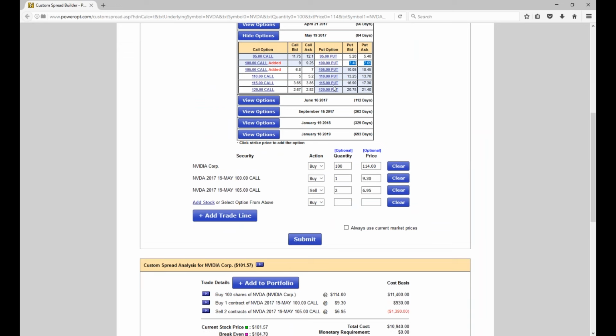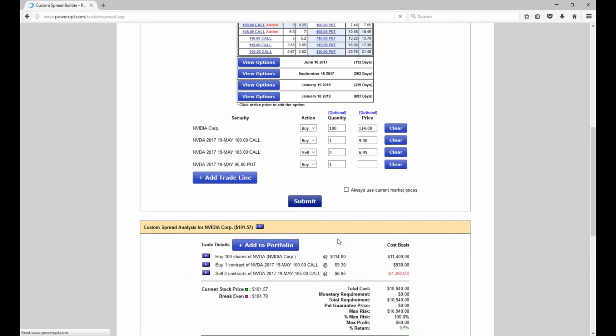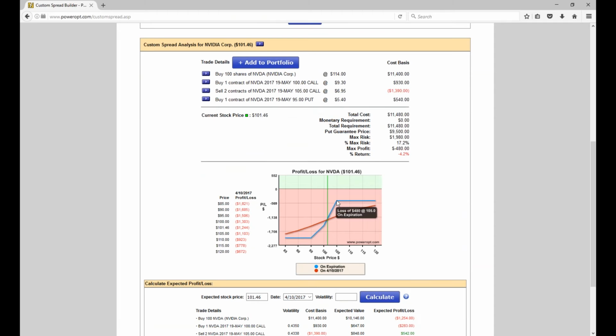So if I add that in, or let's say we even did the 95 put at 520, we've now totally negated the net credit of the repair, and we could still lose $480 if the stock's at 105. And here where the stock is now, let's say 100, you're still losing 1303, almost even to your loss that you have right now. So that's why the repair is not shown with the put to the downside, because it would negate that initial net credit we received and it wouldn't give us the benefit.